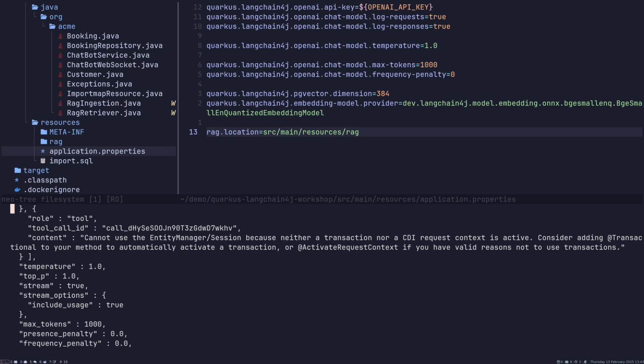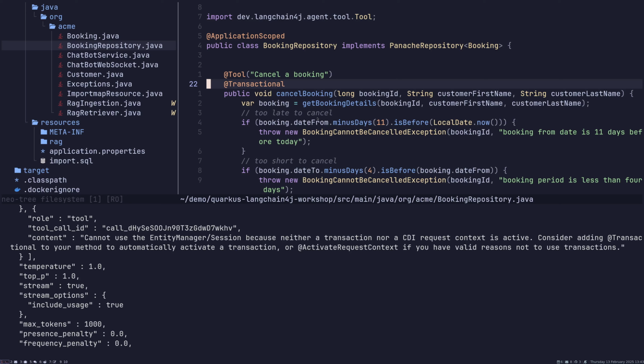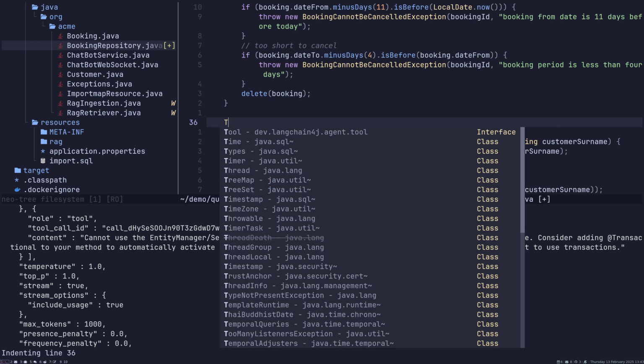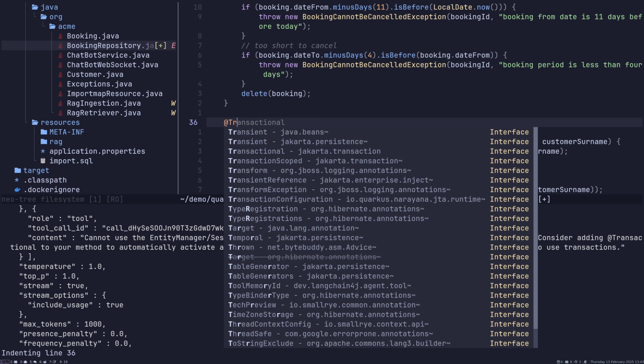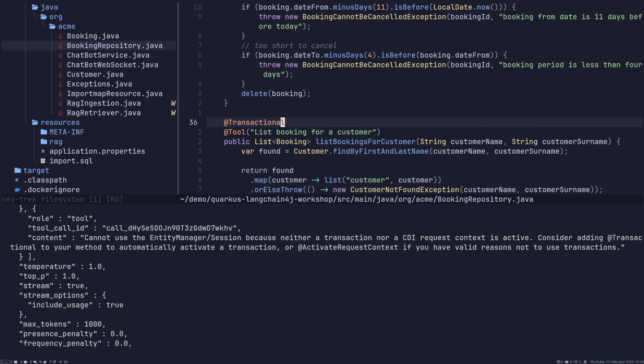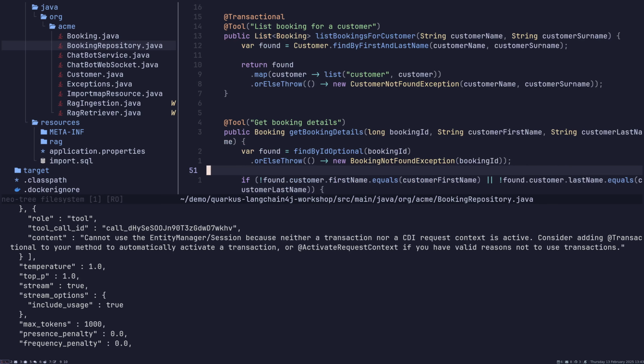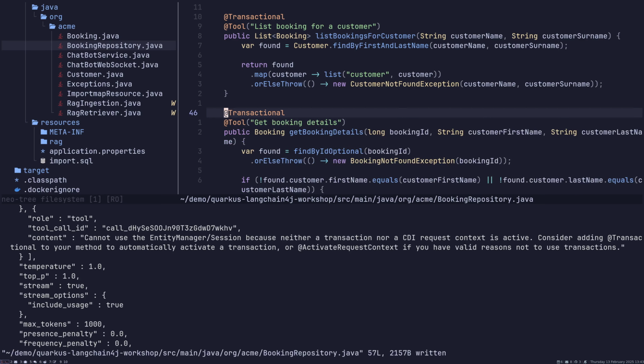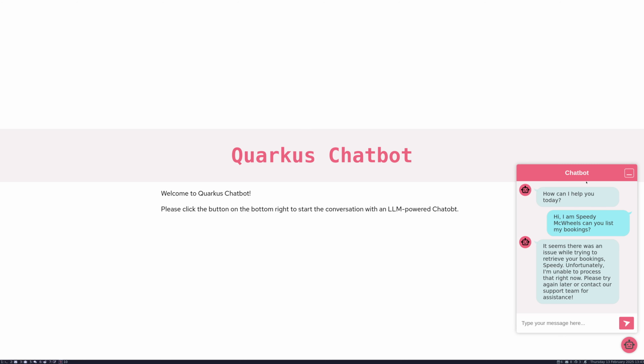Consider adding a transactional to your method or an active request context. So I think that transactional is already present, but let me also try adding that here and here and see if it addresses things. Not sure if this is the case. And let's also copy and paste the message because we are going to need that too. Reload and